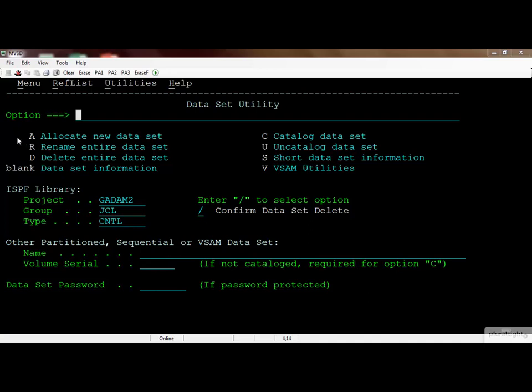Basically what we have here is the mechanism to be able to manage our data sets, whether we create them or we want to simply get information about them. In order to allocate the data set, I simply specify an A on the command line, and then I come down here in order to assign a name to that data set. In this case, I'm just simply going to call it new.dataset, which in turn, when I hit enter, the system